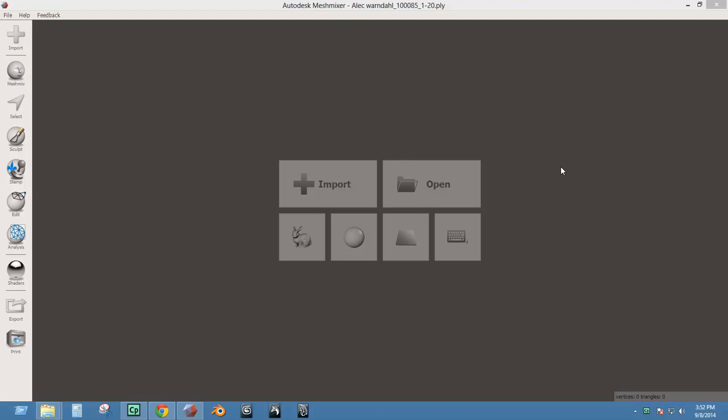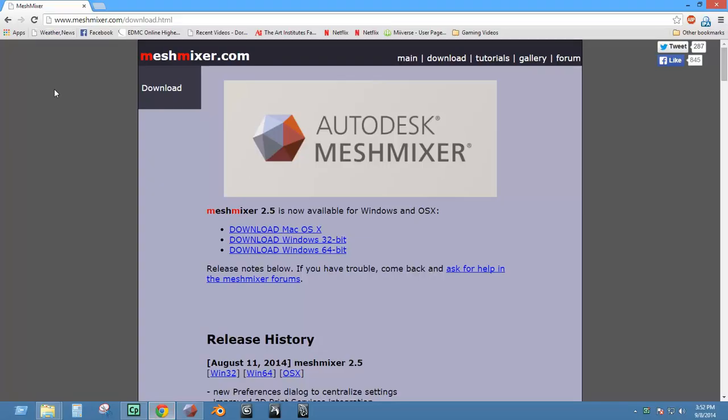Alright, so this demonstration is going to show how to use Autodesk Meshmixer and how to use it in fixing and repairing 3D scanned people, objects, or whatever. So first off, I'm going to go to Google Chrome, and this is where you can get Autodesk Meshmixer from,